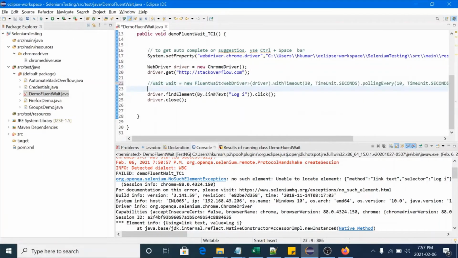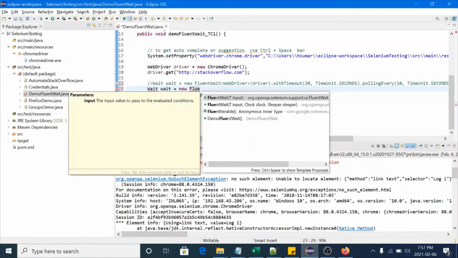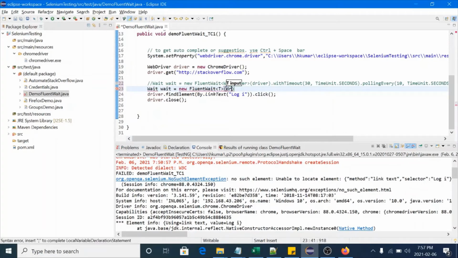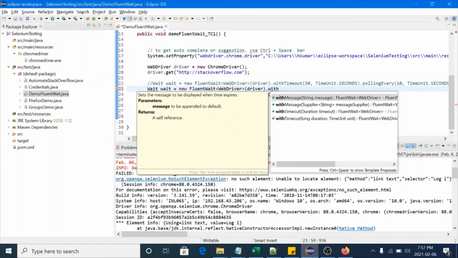If we are using Selenium 2, then use this statement, passing time like this: 30 comma seconds and 10 comma seconds. If you are working with a version later than Selenium 3.11, then you have to pass the timeout in this way. Wait is equal to new FluentWait, and here you can pass the driver object, and here you can pass WebDriver, and withTimeout.